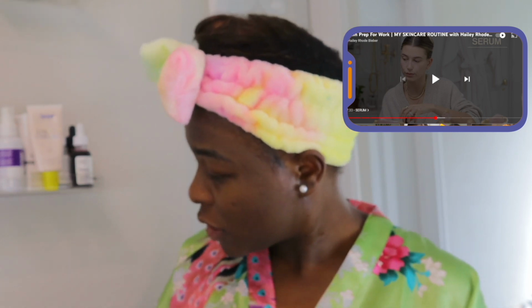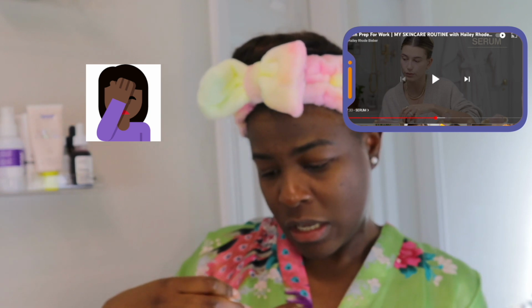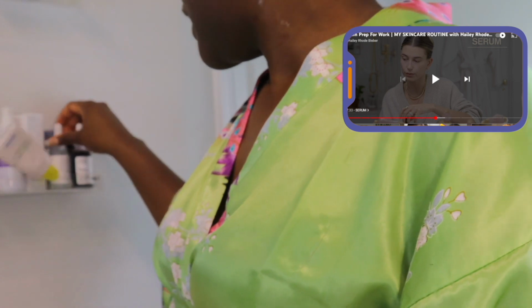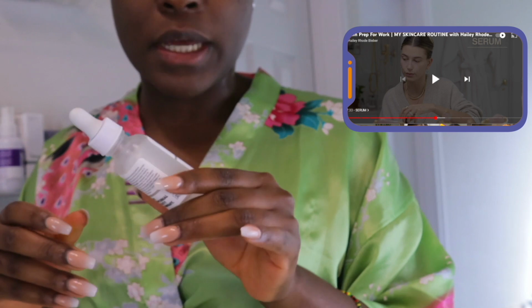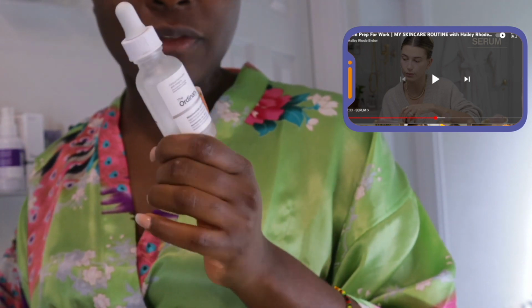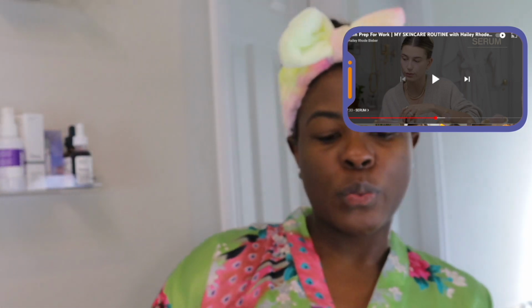So she talks about a peptide serum. I don't know that I have a peptide serum. Do I have a peptide serum? I know vitamin C is not peptide. This is just ascorbic acid. Okay, this is non-peptide. My go-to is The Ordinary niacinamide and zinc. This is one of my go-to serums, and I don't know if there's peptide in it. Well, I don't have a peptide serum, so I'm going to use my go-to serum, my niacinamide and zinc from